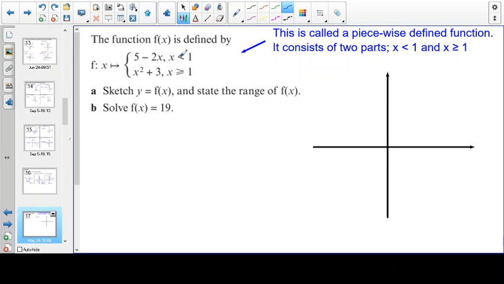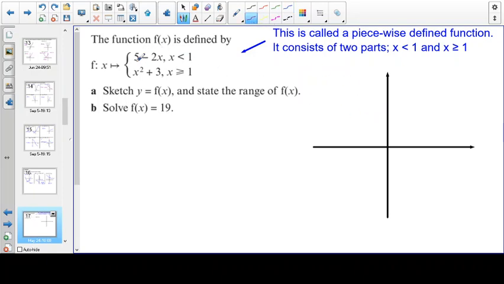So if you look, for x is less than 1, we've got a line, and where x is greater than or equal to 1, we've got a quadratic. Okay, so there's going to be 2 separate little bits of graph that make up that one function. So we need to, first of all, sketch it and state its range. So I'm going to start off with x equals 1,